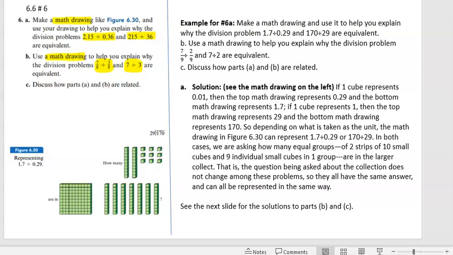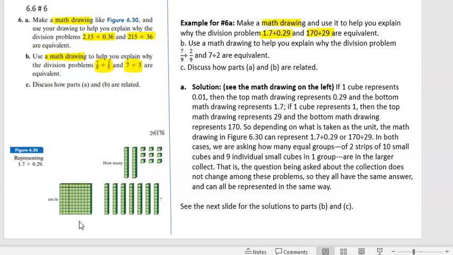Okay, so let's look at my example. I'm going to use these numbers to explain. So again, when you cannot use the pennies, converting dollars to pennies, or a fractional form to explain, you have to have a math drawing. This is something we did in chapter 1, how to use bundled objects to demonstrate a decimal. So for example, we first demonstrate 1.7. And so what we did is